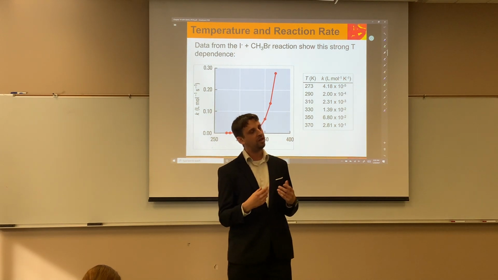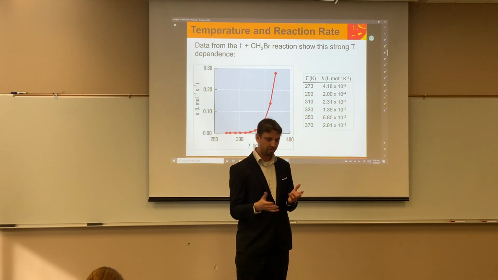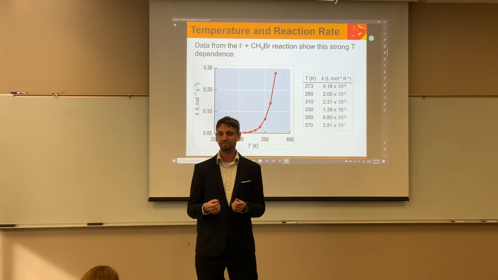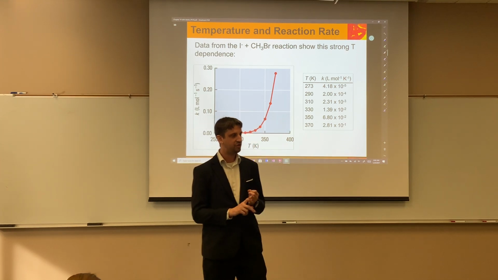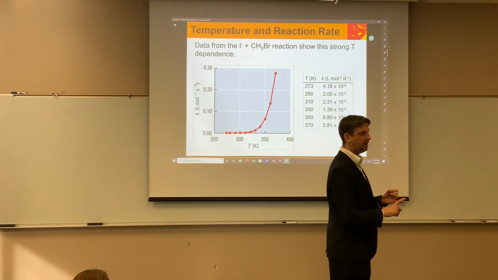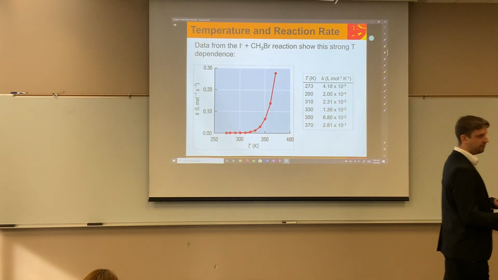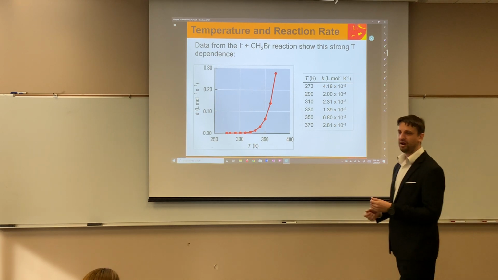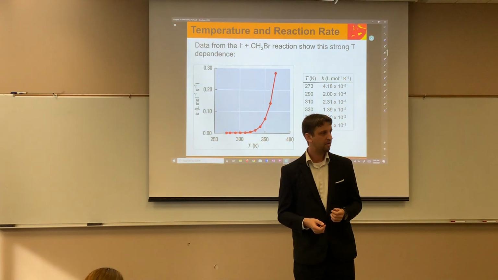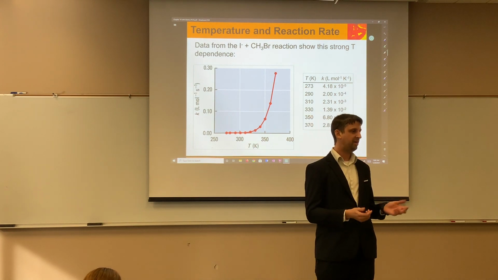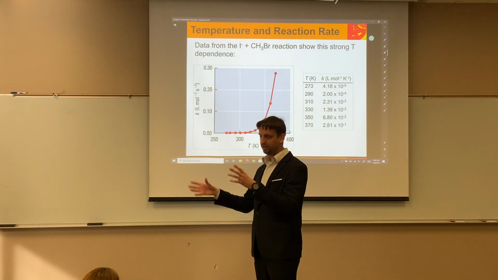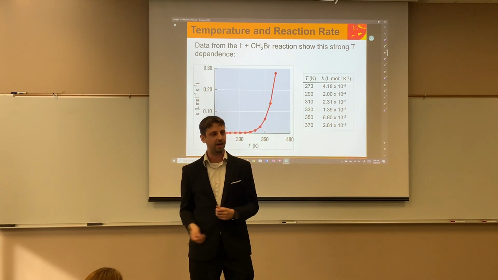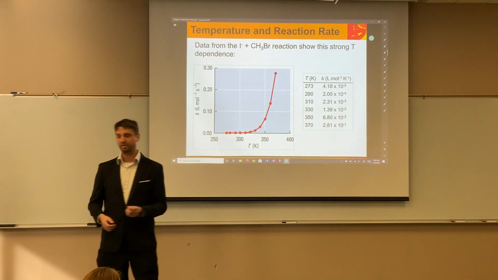And so, if you want to think about it, all reactions, to an extent, are a matter of statistics, right? If two things have to find each other in a beaker, and then they have to come together with the right energy, right? If I make them move around more, we increase those odds of that happening. Got it? That's all it's really saying with this, right? They're just moving around more, and then there's a higher chance that they'll find each other, smack together in the right orientation, and a reaction happens. That's kind of the idea there, right?